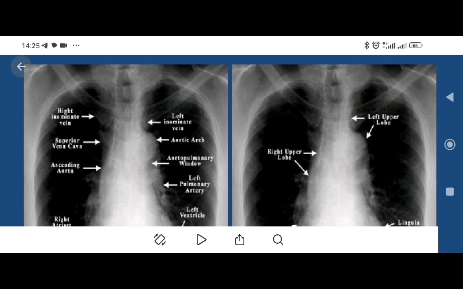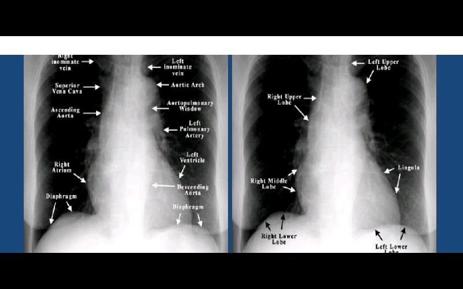You can see the aortic arch. You can see the aortopulmonary window, the left pulmonary artery, the left ventricle, the descending aorta. Then you can see the diaphragm, the right atrium, and the ascending aorta, even the superior vena cava. All these structures are very important